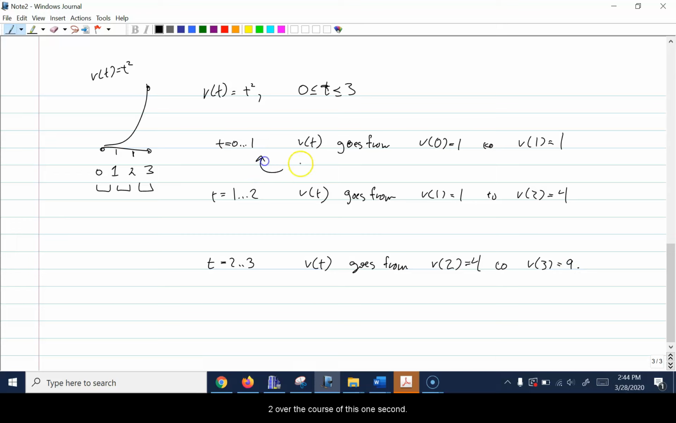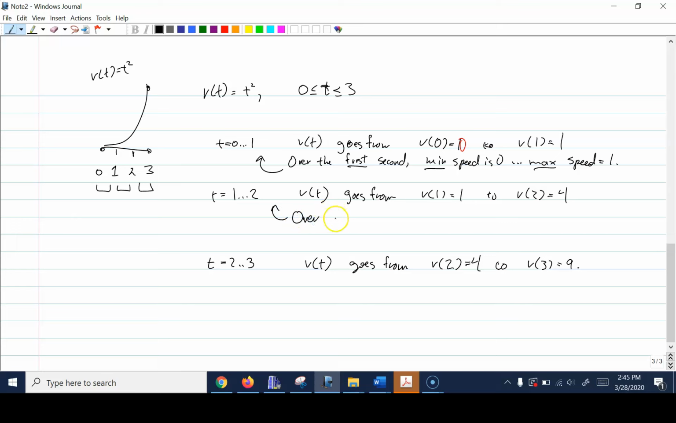So over the course of this 1 second, over the first second, the minimum speed was 0. Oh, I wrote 1, but it should have been 0 here. And our maximum speed is 1. Over the second second, I'm hilarious. Over the second second,